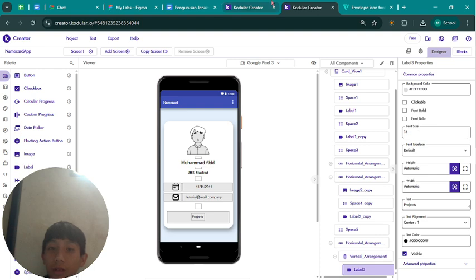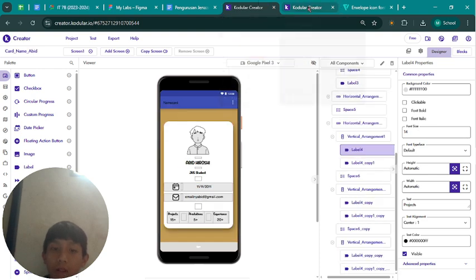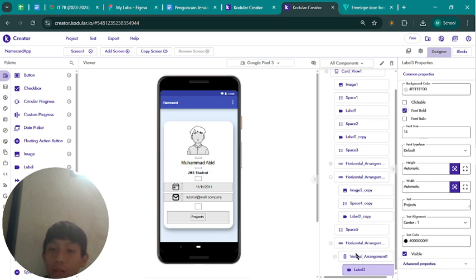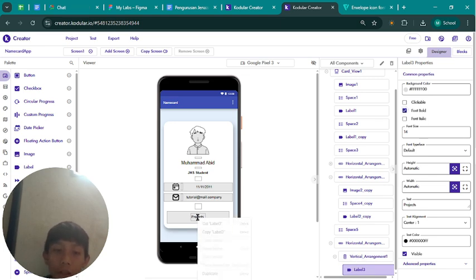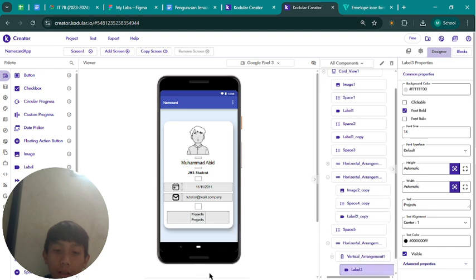Okay, and then after that you click font bold and duplicate the text, and you change to 99 plus maybe, yeah.